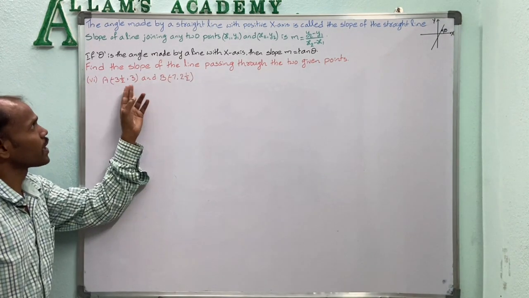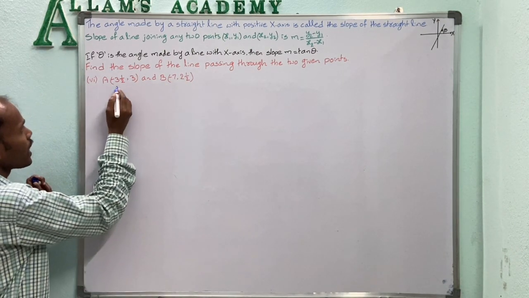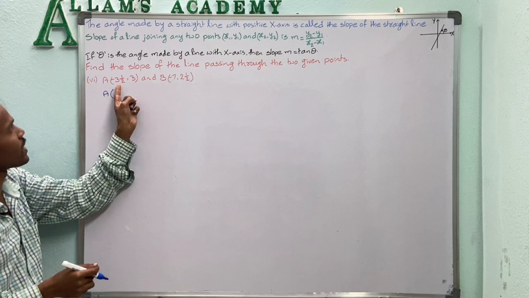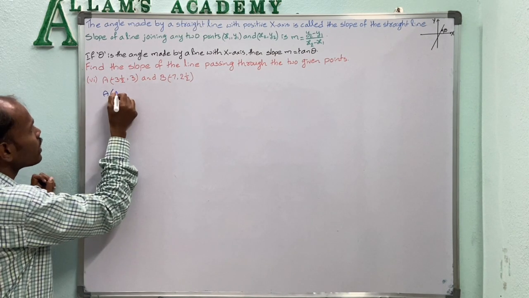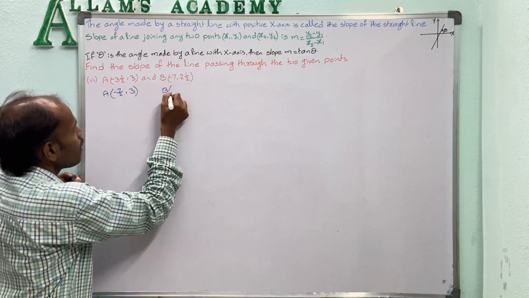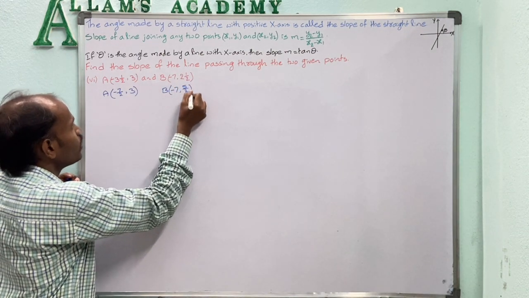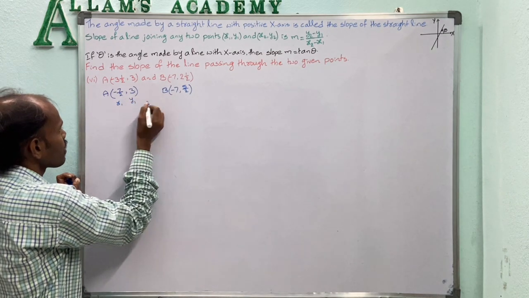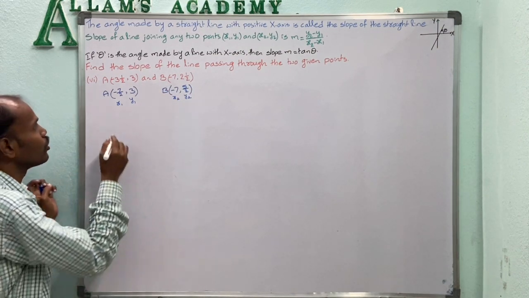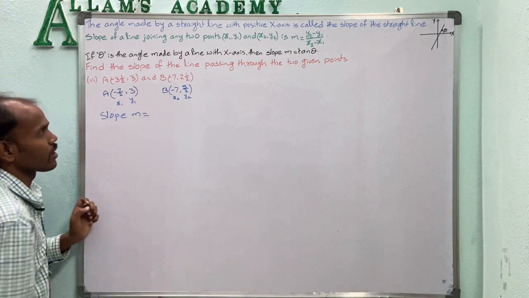Now finding the slope for the points A (-3 1/2, 3) and B (-7, 2 1/2). So -3 1/2, the mixed fraction, is converted to an improper fraction: 3 twos are 6, 6 plus 1 equals 7. So that is nothing but -7/2, 3, and B is (-7, 2 1/2), that is 2 twos are 4 plus 1 equals 5/2. Now here the x1, y1 coordinates are (-7/2, 3) and the x2, y2 coordinates are (-7, 5/2). So now the slope m is equal to (y2 - y1) / (x2 - x1),